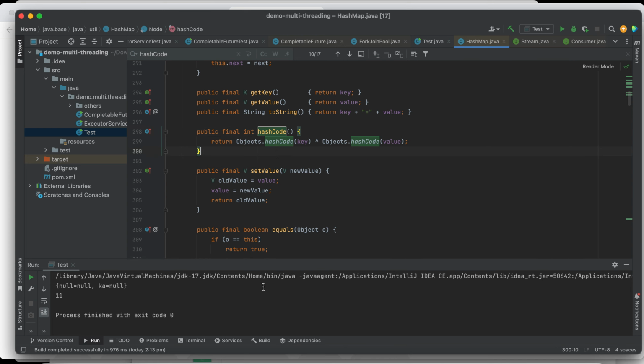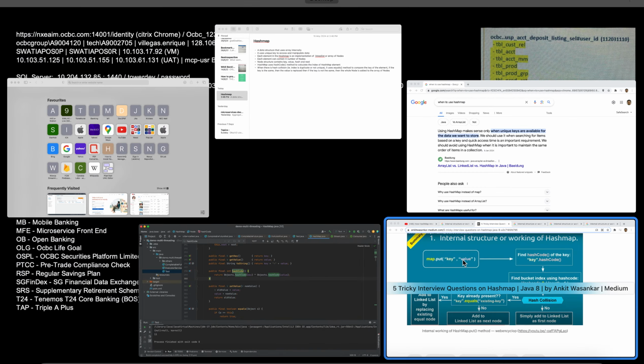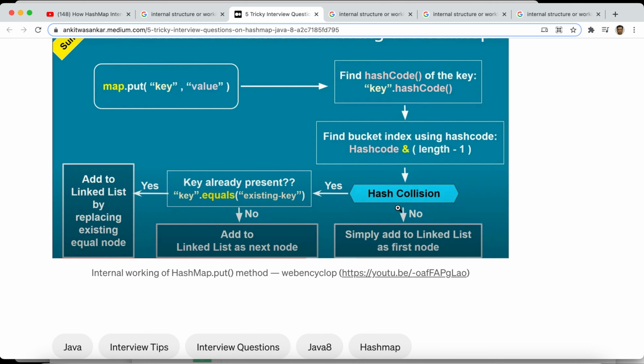So basically, yeah, we use the hash code to calculate the index. Then if a hash collision is detected, we check the key, we compare the key.